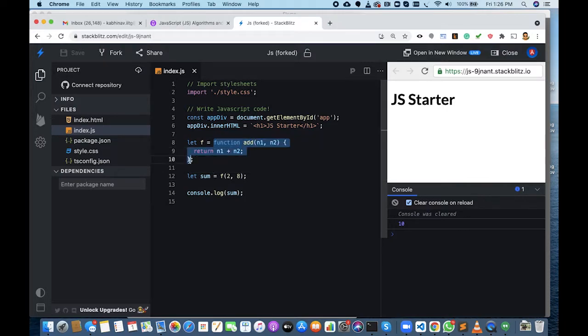Whenever you store this function inside a variable, you can omit the name here. So I save it, and the output is the same. Just to see if things are working fine, you can see the output is 20 now. So f equals function.